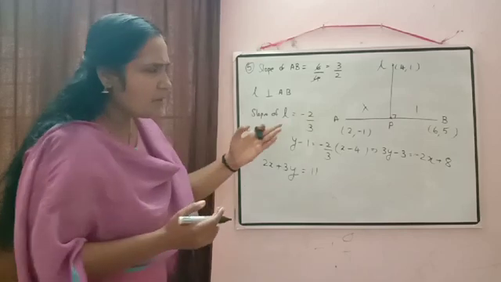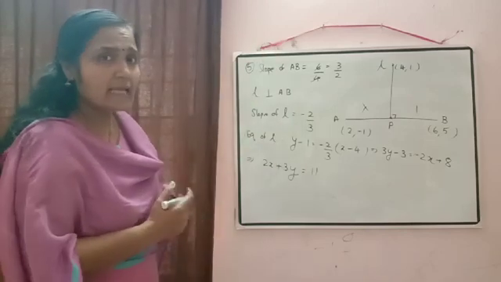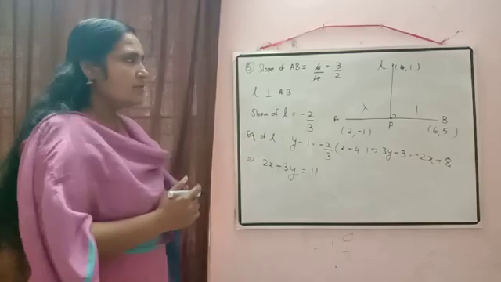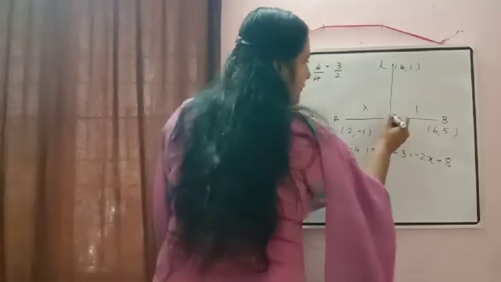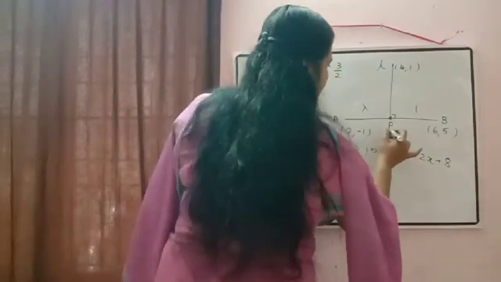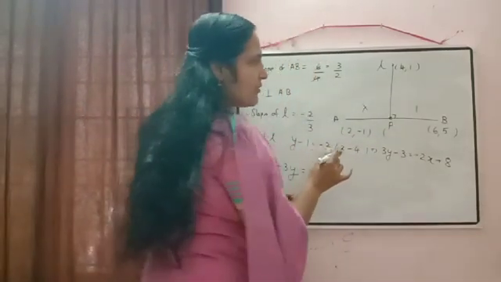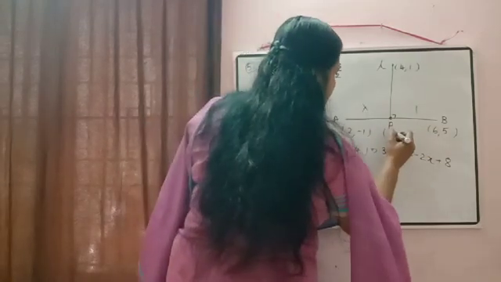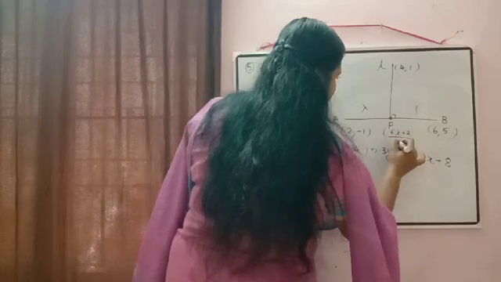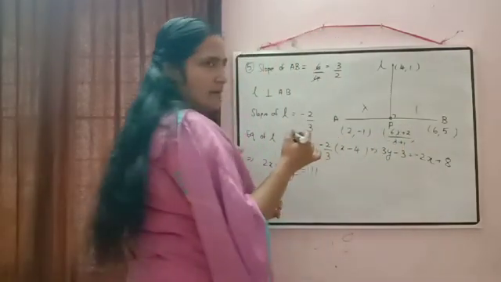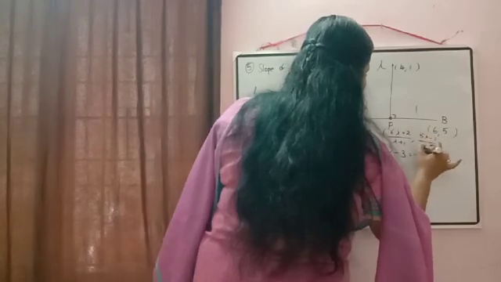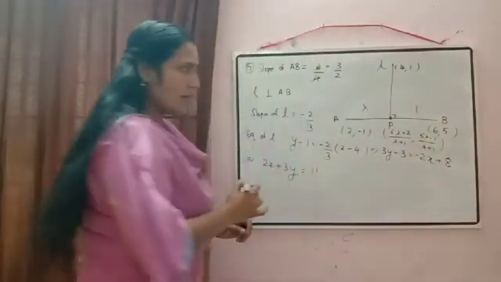Now we can check that the point P also lies on the line L. So it will satisfy the equation of L. So first, using the section formula, what will be the coordinate of P? That we can check. Okay, so I am writing here only. According to the section formula, what will come? 6 into lambda plus 1 into 2, 6 lambda plus 2 by lambda plus 1. And the y coordinate will be equal to 5 lambda minus 1 by lambda plus 1.